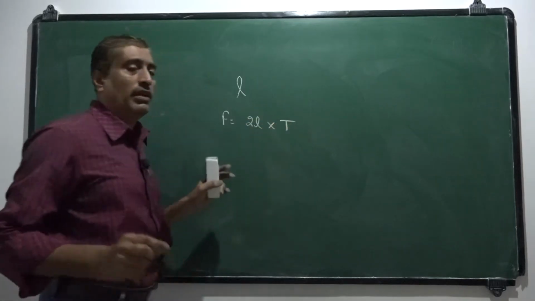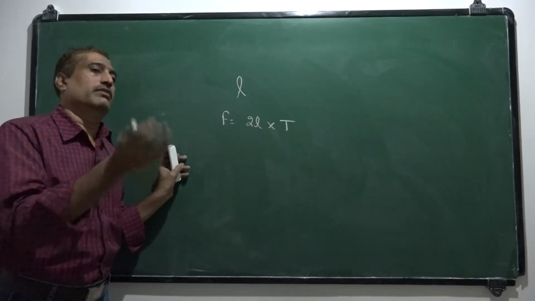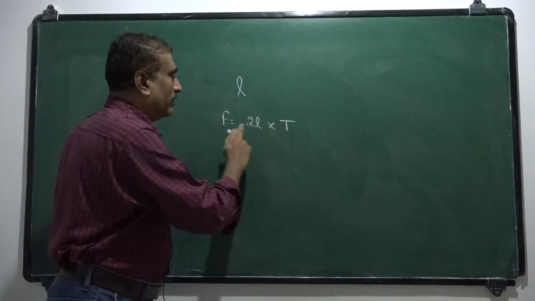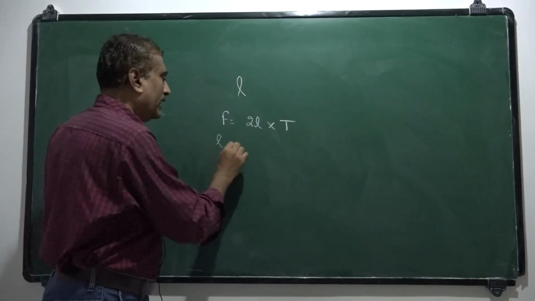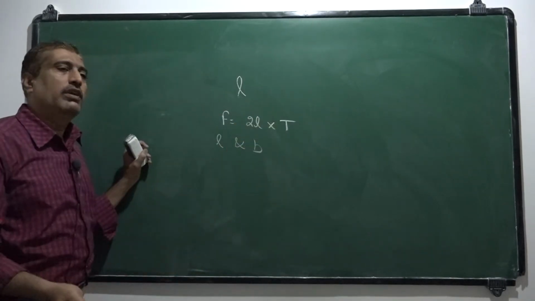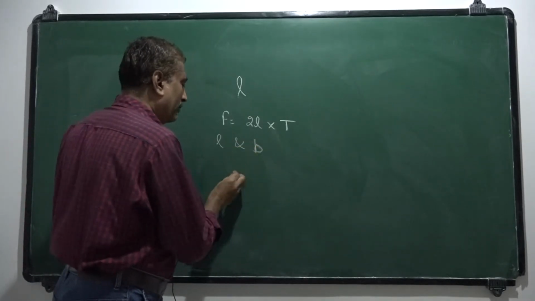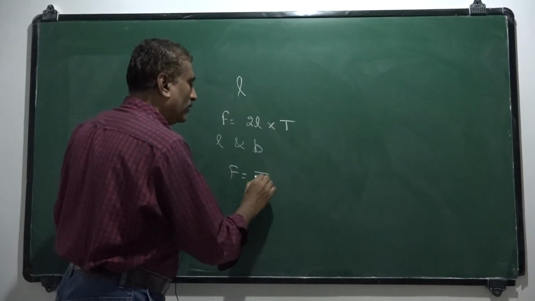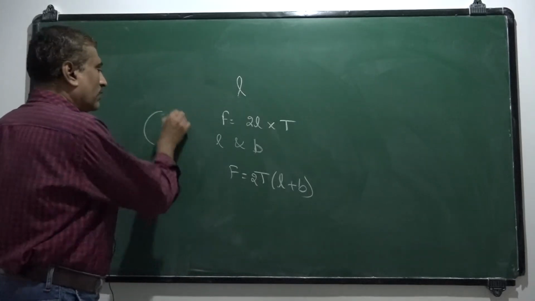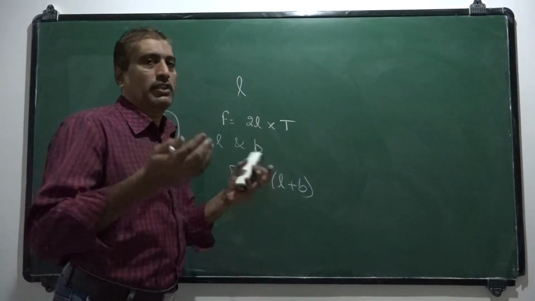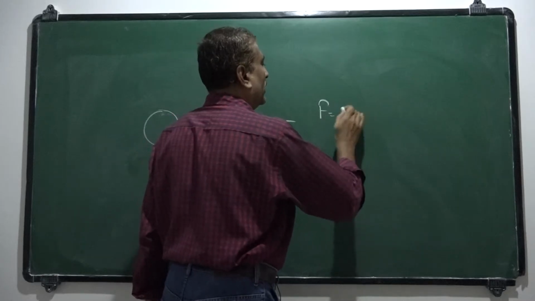You have to remember all these formulae by solving the problems. Okay. Force required to lift a wire of length L from the free surface of the liquid is given by F is equal to 2L into T. Similarly, for a rectangular plate of length L and breadth B, the force required to lift this rectangular plate is given by F is equal to 2T into L plus B. Okay. Similarly, for a circular one, that means the force required to lift a circular plate from the free surface of the liquid is given by F is equal to T into 2 pi R.